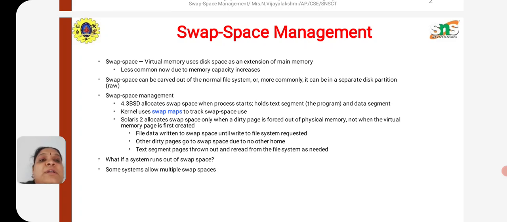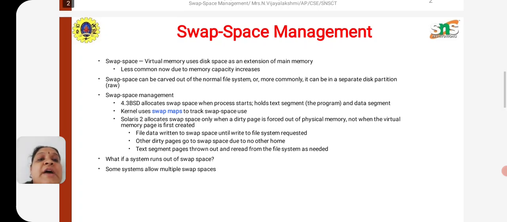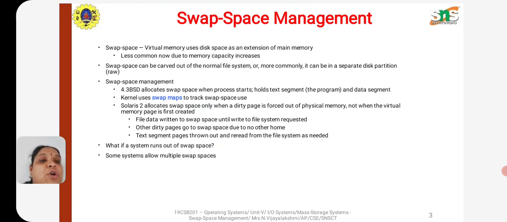which is less common now because memory capacity has increased. We are not using swap space as much now since the capacity of memory has increased. Swap space can be carved out of the normal file system, or more commonly, it can be in a separate disk partition. Okay, swap space management in 4.3 BSD